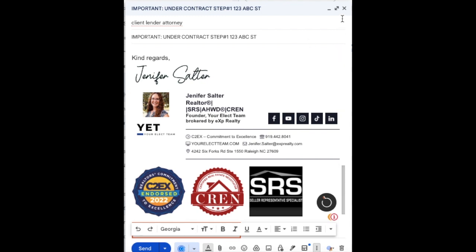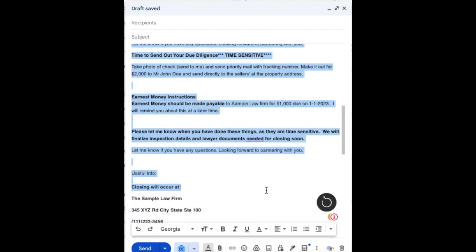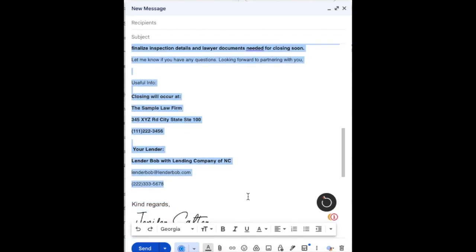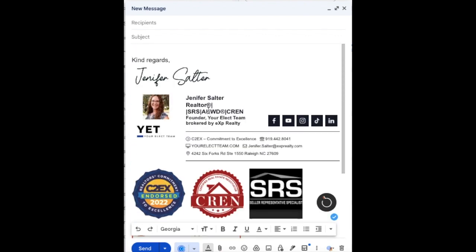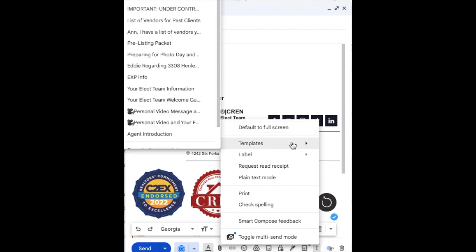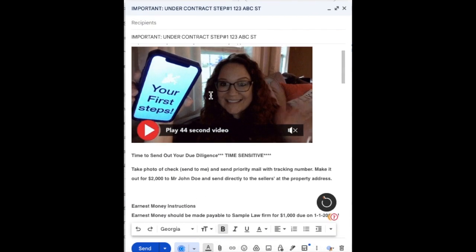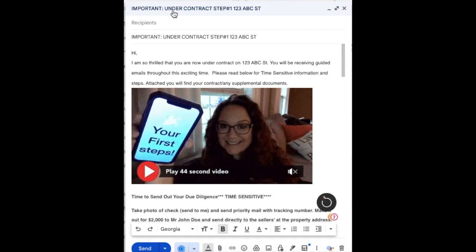Now the next time that I want to send an email and everything is blank, just like this, let me erase it so you can see what it looks like if it's all blank. Here I am about to compose an email. This is what I see. I go down to the three dots. I go to templates. I click on the template that I want. And there it is. From here, I can edit any of the details I need to